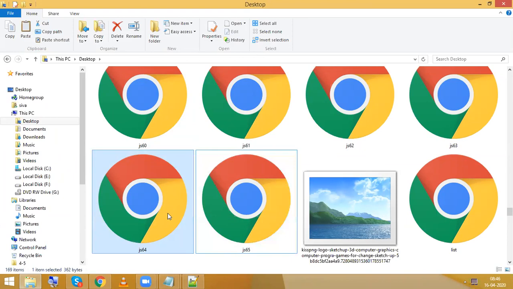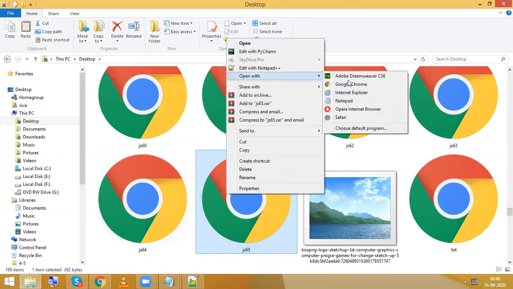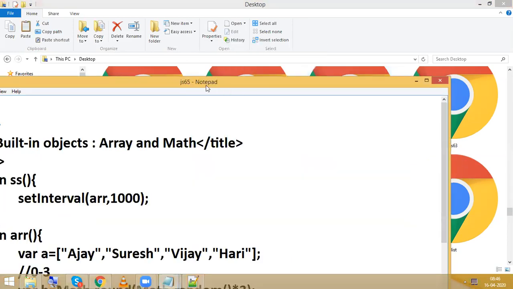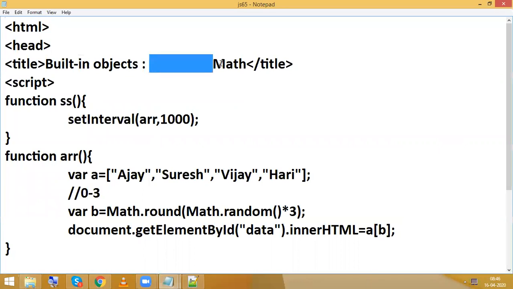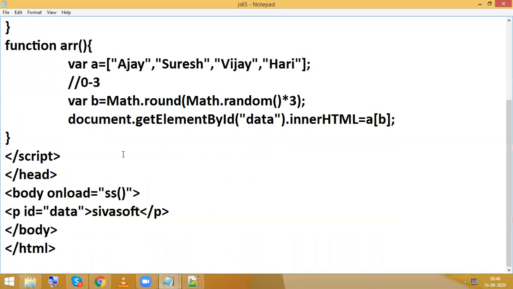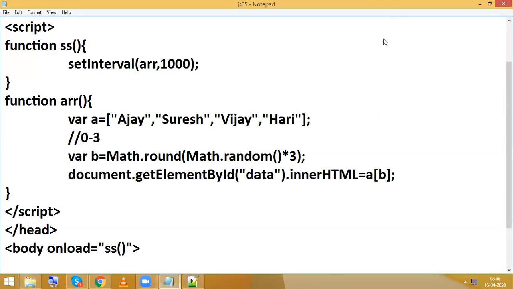So open with Notepad. So same array concept, random concept, everything is same. Only the thing is I want images, that's it.